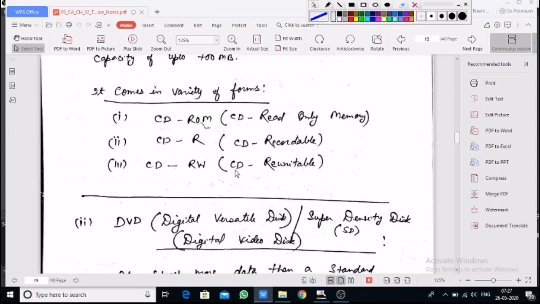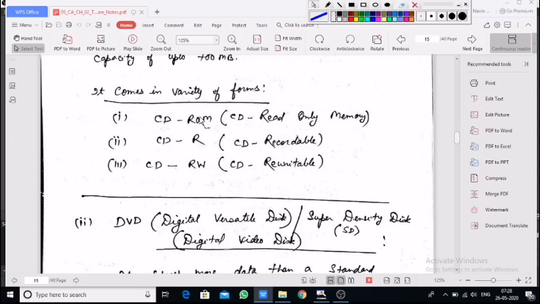Now, coming back again to the CD topic. CDs are of three types: CD-ROM, CD-R, CD-RW. CD means compact disc. The full form of CD is compact disc; data is compacted inside it, so that is why it is called compact disc. Then ROM, read-only memory. Such a type of CD in which we can only read but not write, like song CDs and movie CDs available in the market, which you can only read. You cannot write data into it.